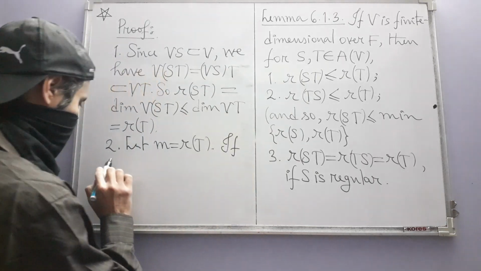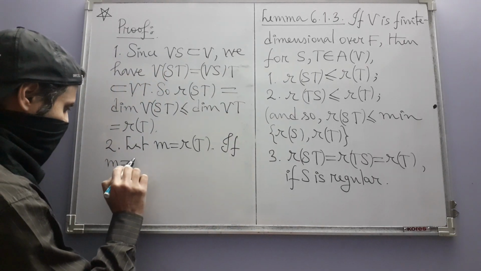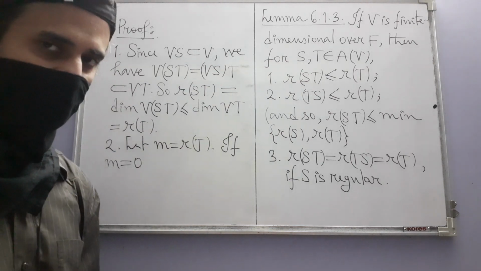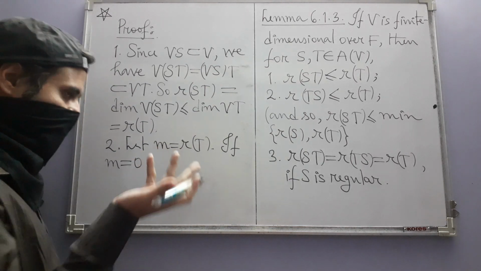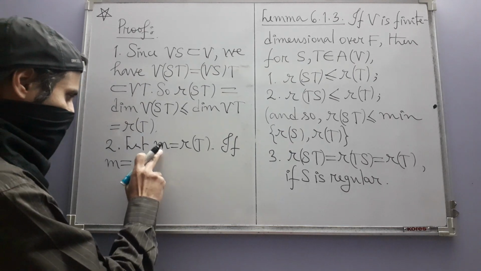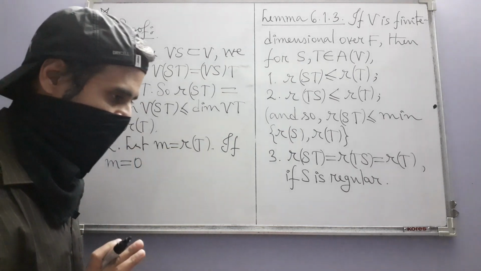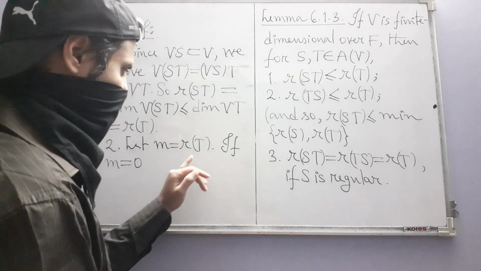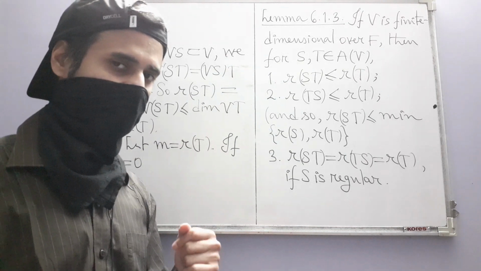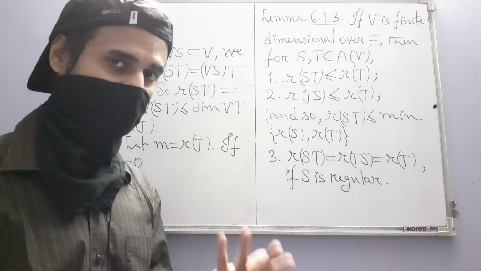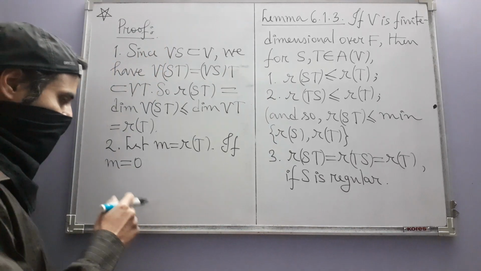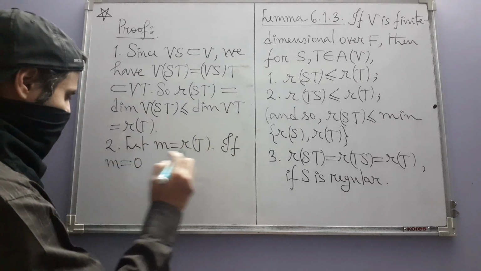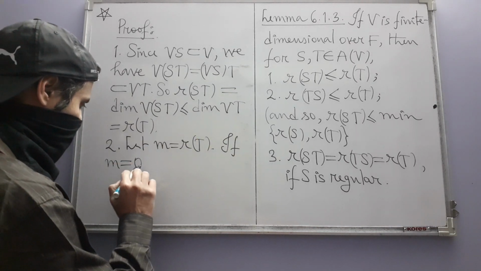If M is equal to 0, because many people will ignore these cases, but which may cause confusion. Okay, M can be 0 also. If M is 0, then rank is 0. What does that mean? Rank is 0 means the range of T is the 0 subspace because it is 0 dimensional, and in that case T itself is 0. So we just straight away directly write, if M is 0,